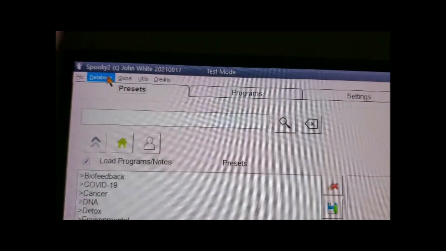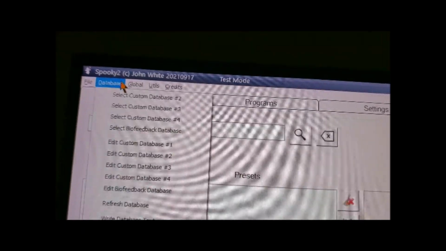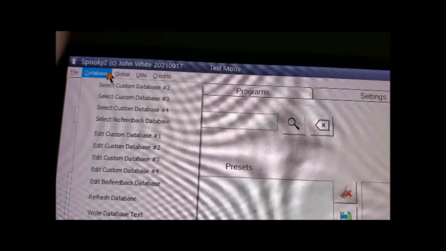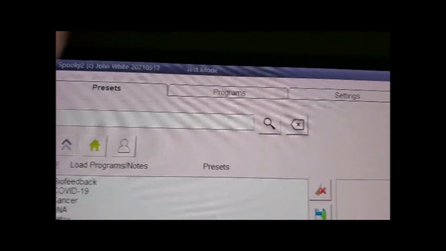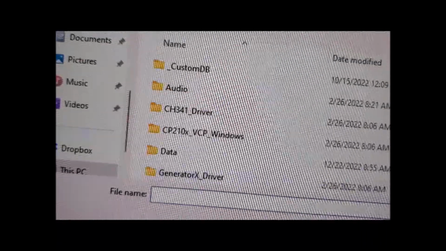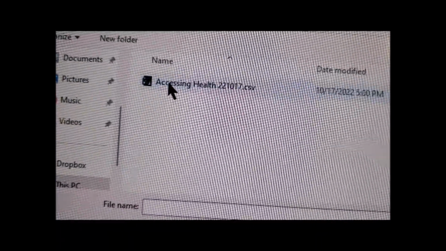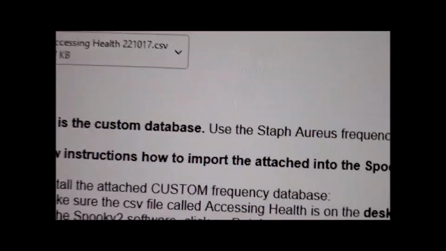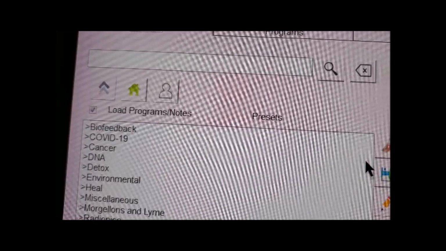Now to import it in, what you do is you go to the Sp2 database, and then you click on this right there, and find, and double click, and it automatically brings it in here, and then you hit